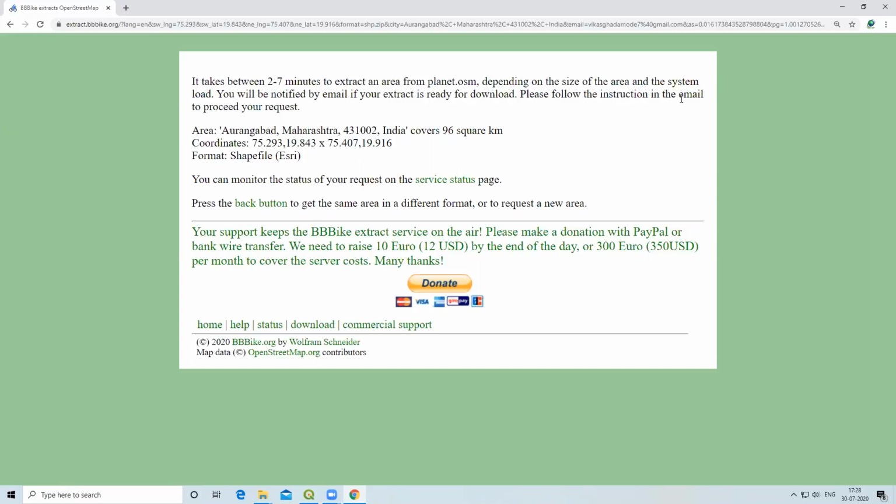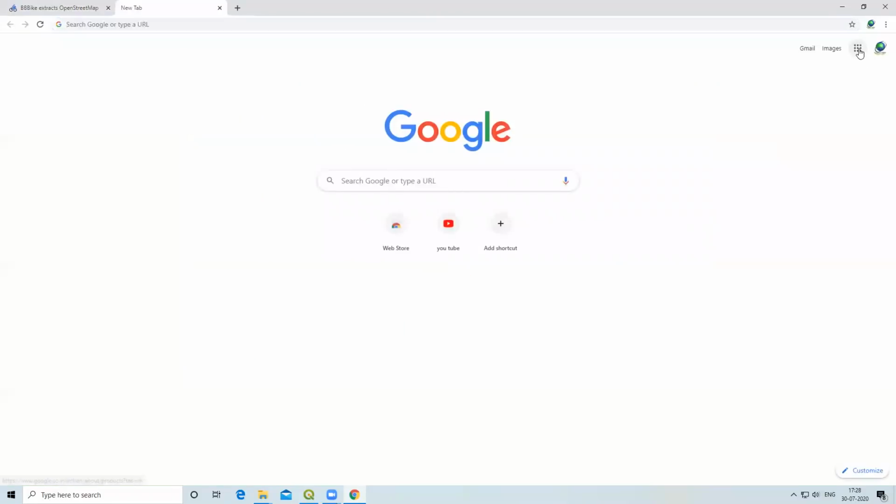Please follow the instructions in the email to proceed with your request. The area that we have selected is showing here, Aurangabad, Maharashtra. It covers 96 square kilometers. Coordinates and file format are also showing. Now we'll go to our email and check.